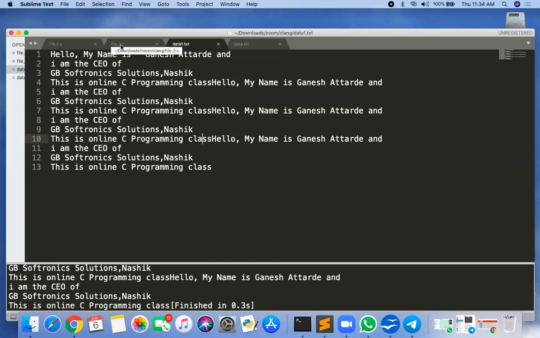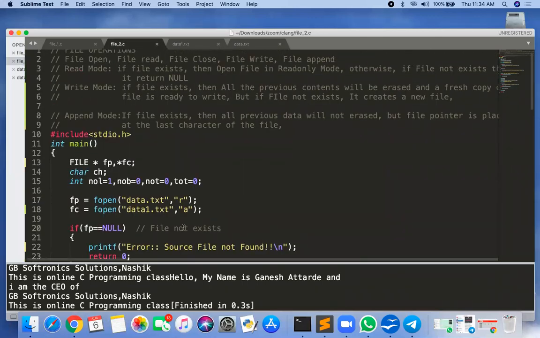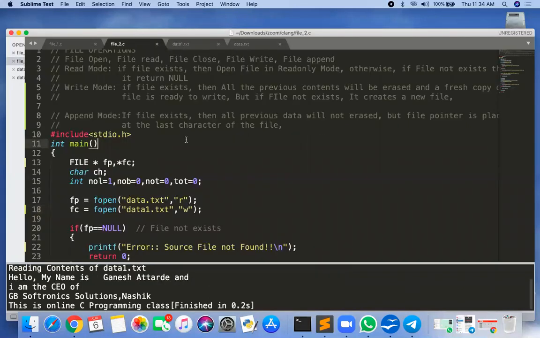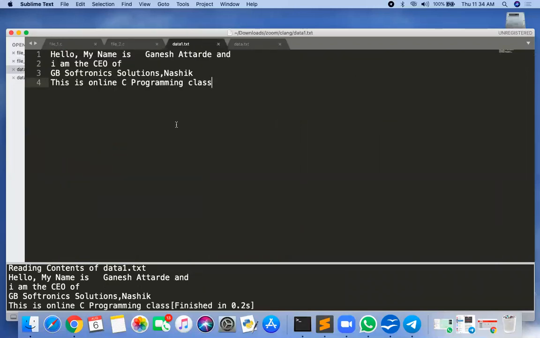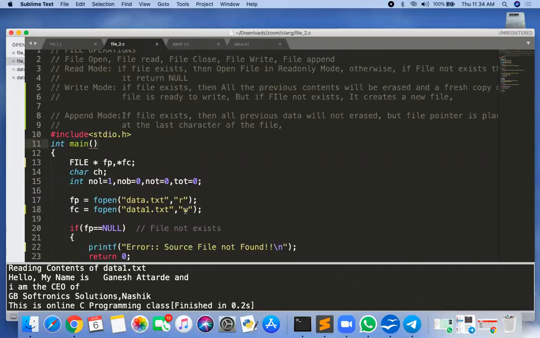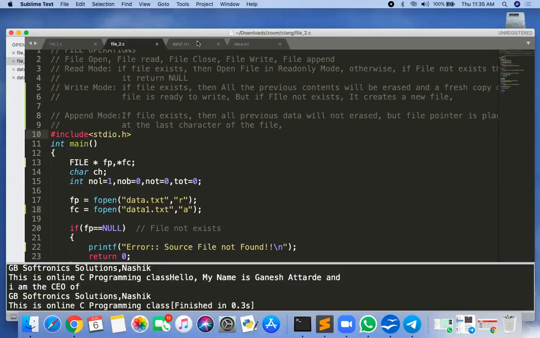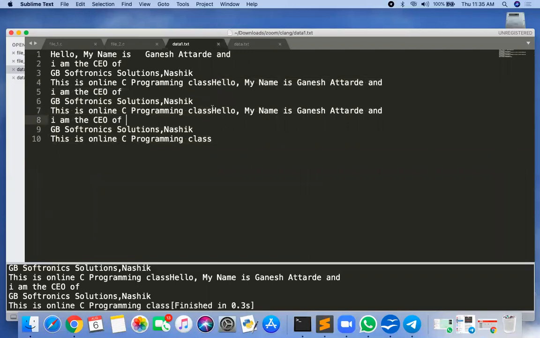Yes, everyone getting? That is the only difference. Instead, if I'm using w mode, what happens? All the previous content will be erased and only one message will be there. Just look here, only one message is there. When I open in append mode, the previous content and the new content both remain. I ran it 3 times, and the third time also I added.